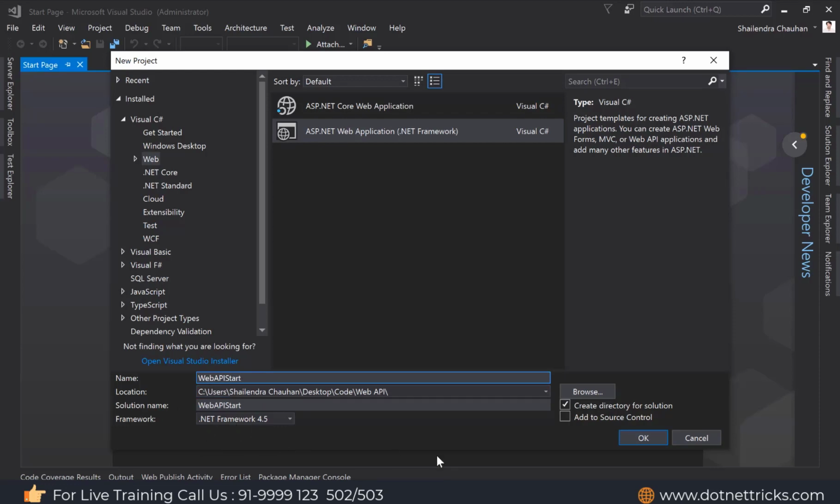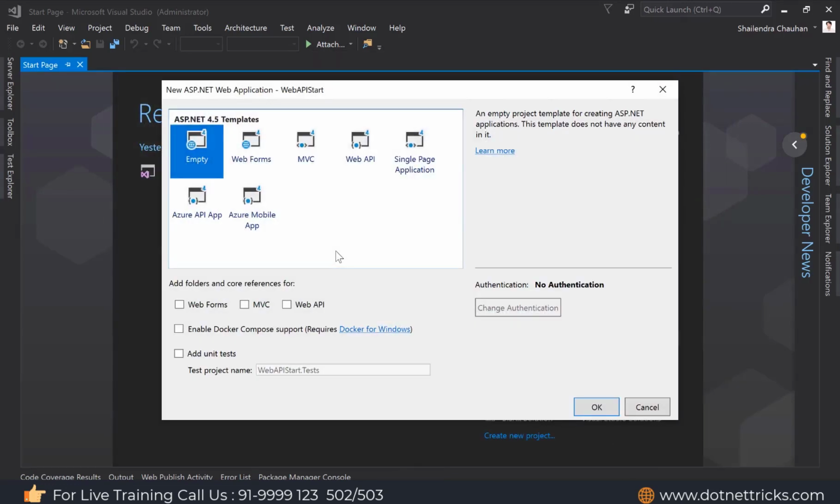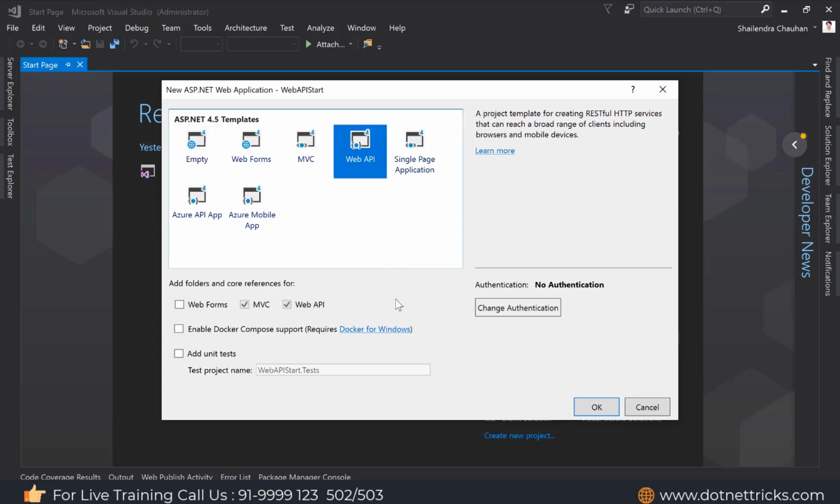This is the project I'm creating here for my Web API, and these are the available templates which you can use for creating different types of applications. This is the empty template you can choose for creating an empty ASP.NET Web API project. There is also a Web API template which has the settings for MVC as well as Web API. You can see by default the MVC checkbox and Web API checkbox are checked. It is a built-in template in Visual Studio where you will find the settings for MVC 5 and Web API 2, and further you can use it for building your complete application.